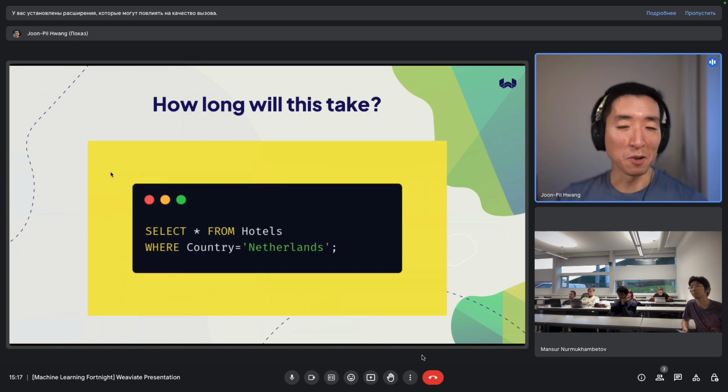Well, as CS students, you probably know that you probably don't want to look at each individual store manually, right? So there's going to be a linear order problem. If you have a billion objects, that's going to take a billion times as long as if you look through one. It's not scalable. So you don't want to do that. But what do you do, right? How do you make this scale?